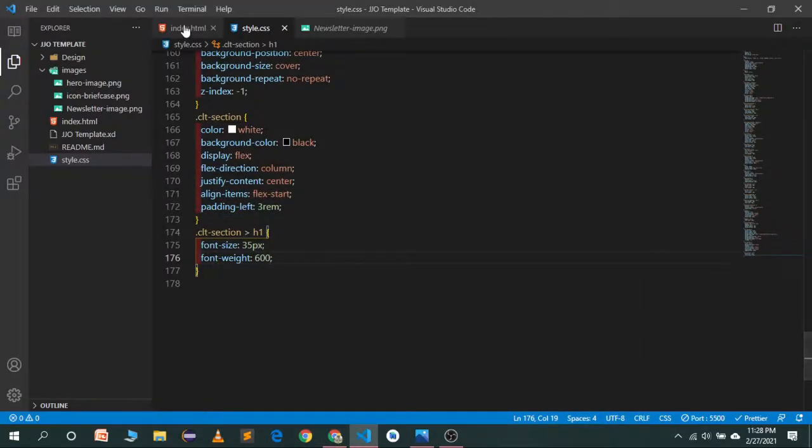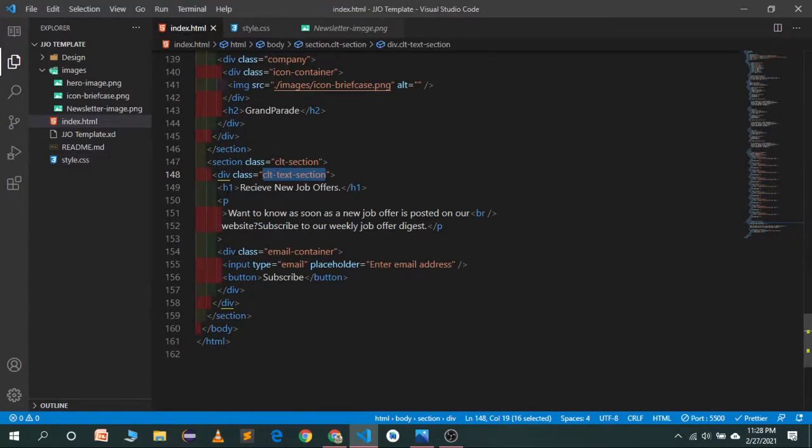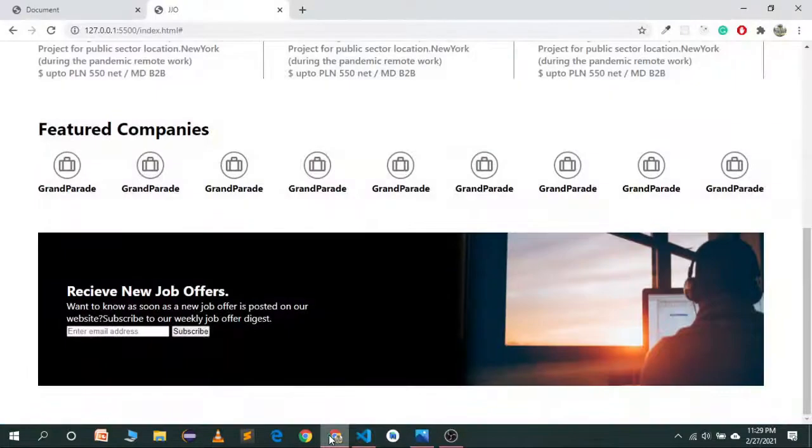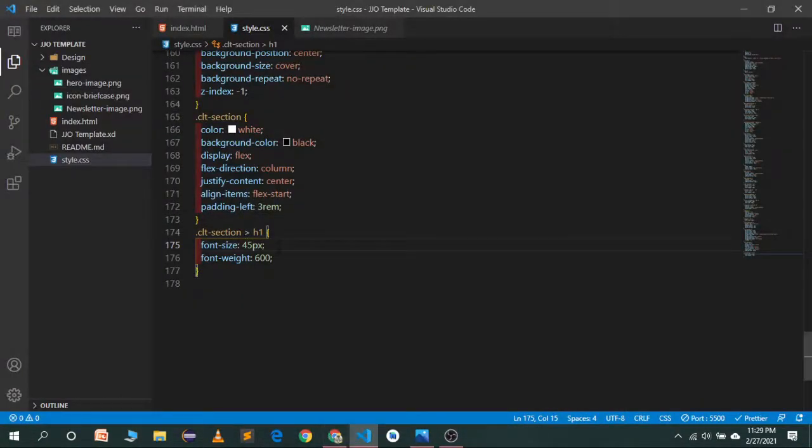So let's see, in the CLT section we have an h1 and a p. Let's increase it to 45 pixels. I think it's not targeting this.